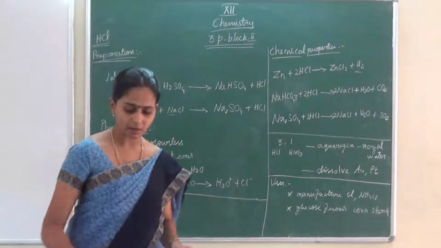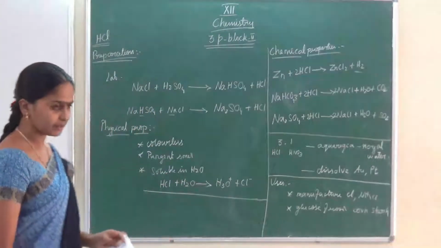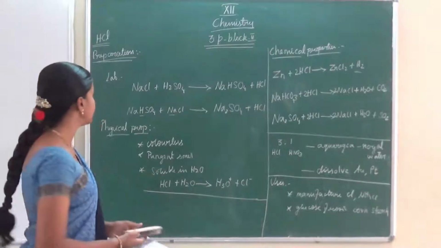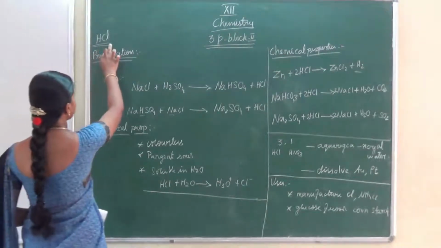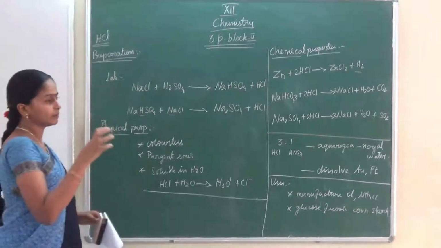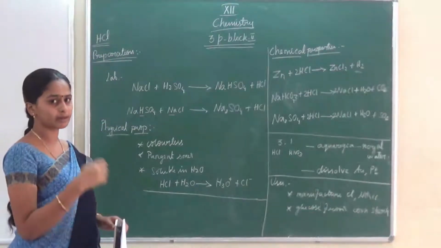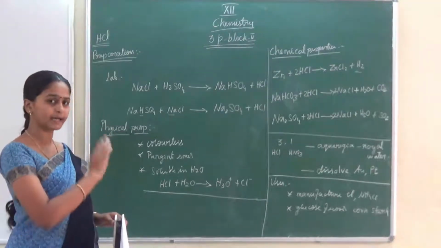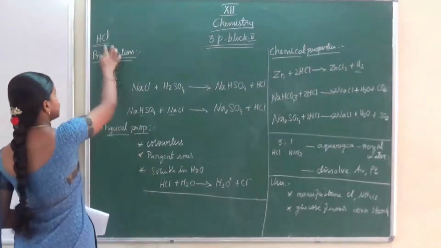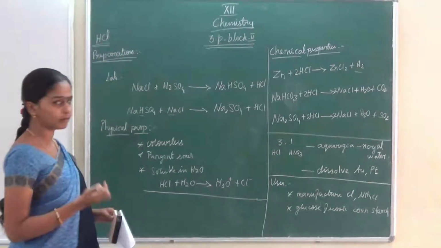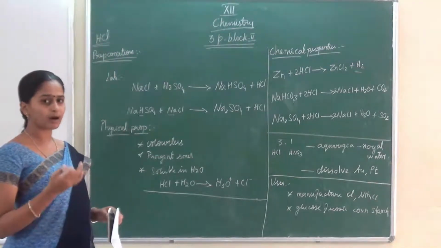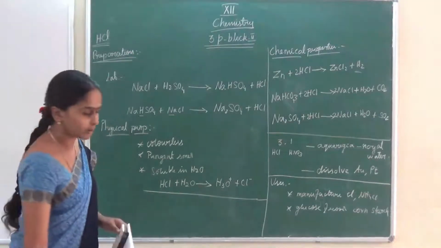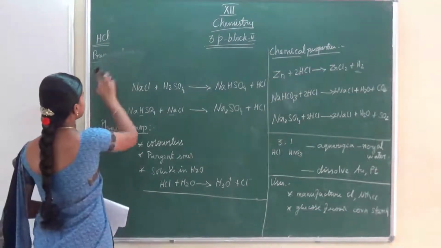Okay, just copy down. The next we are going to see another topic, hydrogen halides. Here, this is also hydrogen halide only. Here the important compound of chlorine, in that topic we learned about hydrochloric acid. The next topic is hydrogen halides. In the place of chlorine, here we may have fluorine or bromine or iodine. That is hydrogen halides. So now let us discuss this hydrogen halides.